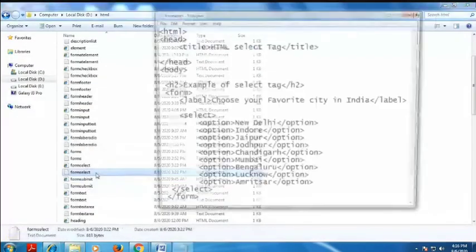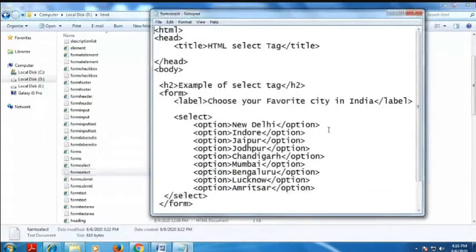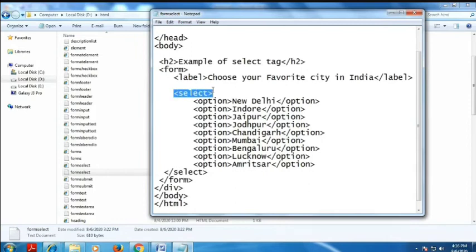Select here. You see this example. The select tag is actually used when you select more than one option, only then you have to use the select tag. Here, as usual, your HTML and head tag, your body and form tag are also opened and closed. Then I have to use more than one selection, so I use the select tag here. Then how many options are there? 1, 2, 3, 4, 5, 6, 7, 8, 9. There are 9 options.